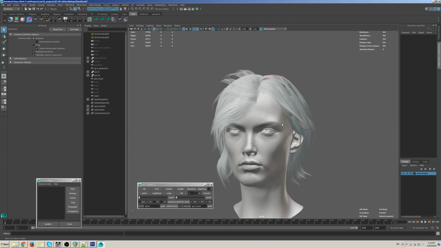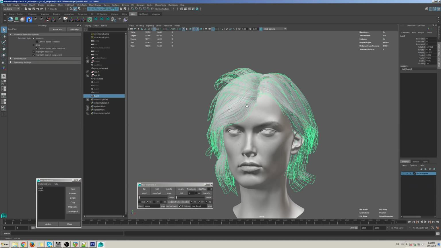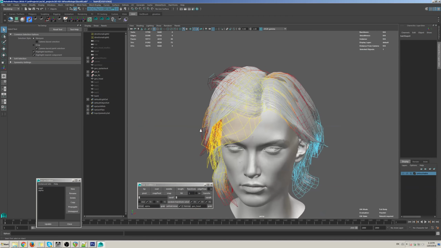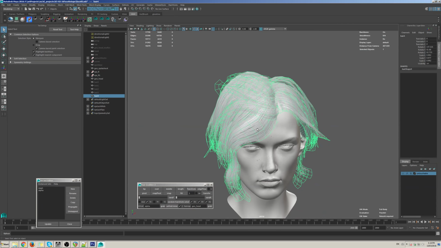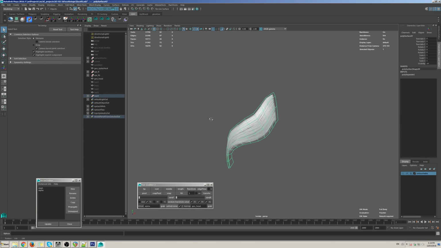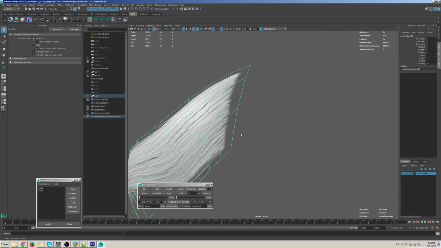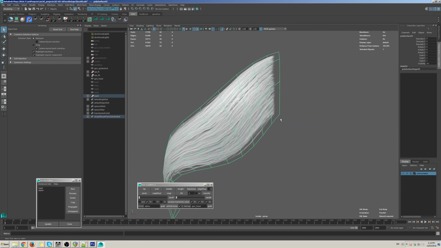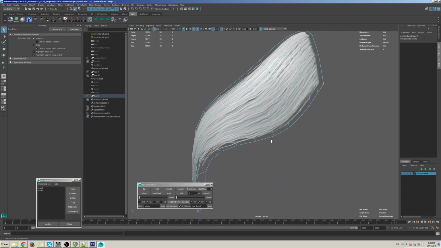So you can bring in geo as long as your geo is quad and the tips of your geo have only 2 neighbors, which means it's not triangulated. So this vertex is going to only have 2 neighbors, unlike this one that has 1, 2, 3 neighbors. So as long as you have that going on, you can even